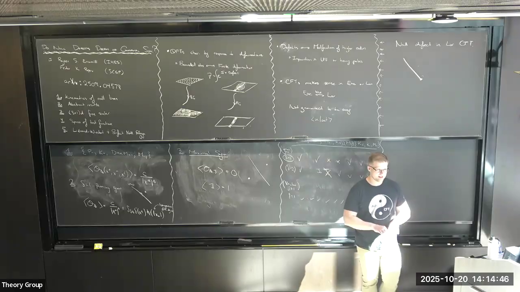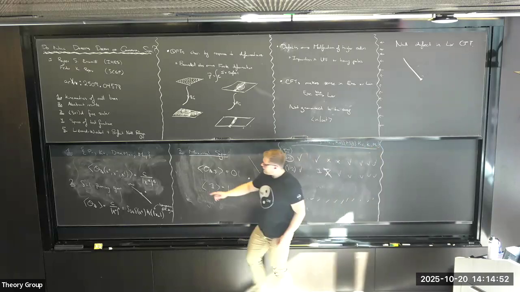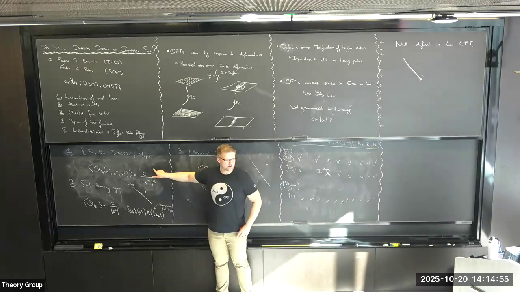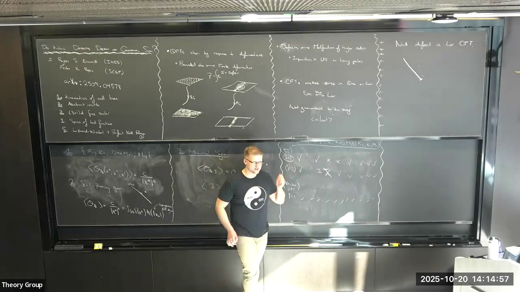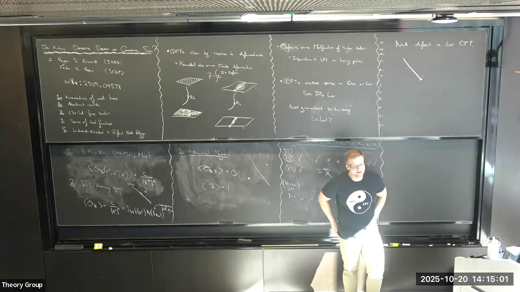You want to say that's 0 because it's integrated along the line? Yeah. And that the light ray operators annihilate the vacuum? Yeah. Absolutely. However, this is delta equals 1, j equals 0. And you know that the light ray transform doesn't converge for delta plus j equal to 1.